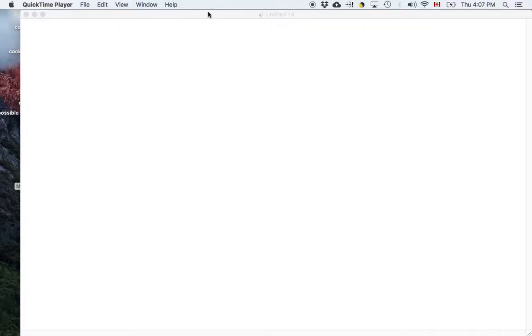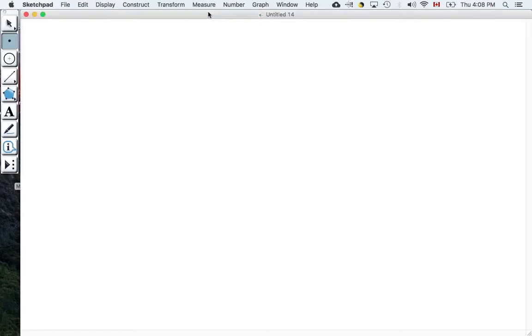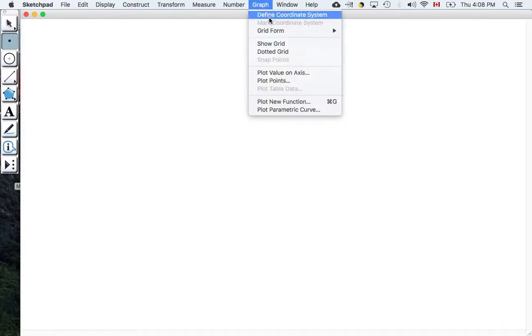So in this activity you guys are asked to use Geometer Sketchpad to work with circles. So I thought I'd make a quick video here to show you how to use Geometer Sketchpad to make a circle, put points on that circle, and draw chords to connect those points. So what you're going to want to do is go to Geometer Sketchpad, open up a new sketch, go to Graph, show your grid,